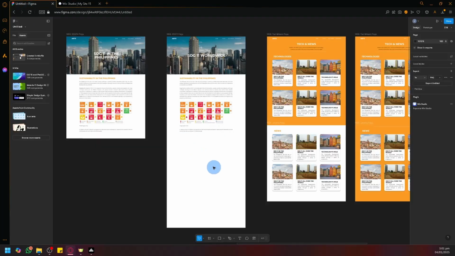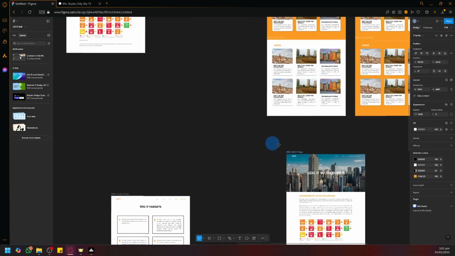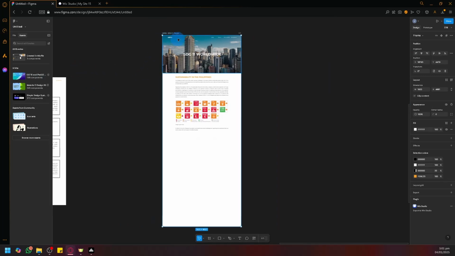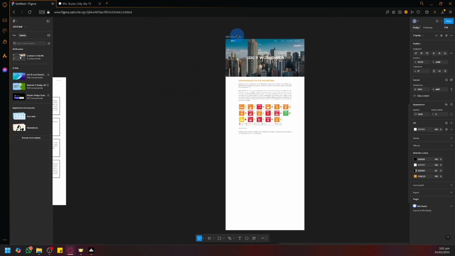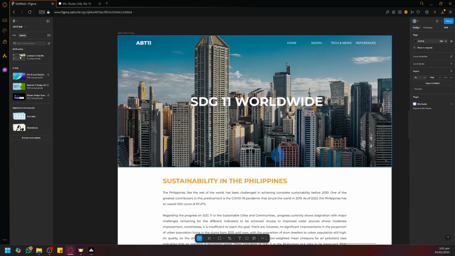Now, as you can see, I have created a very simple Figma design over here. And let's say I want to put maybe this one over here, the specific page, into Wix Studio. And we are actually able to do this because both of these platforms have an integration together, so we could easily perform that. But first things first, there are a few things that you have to do before we